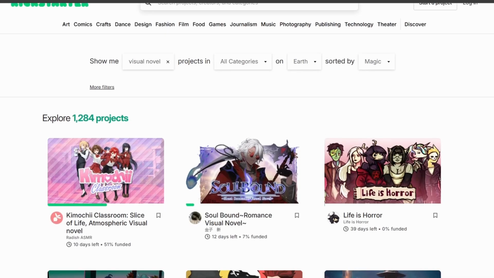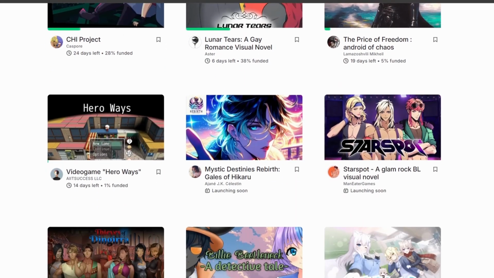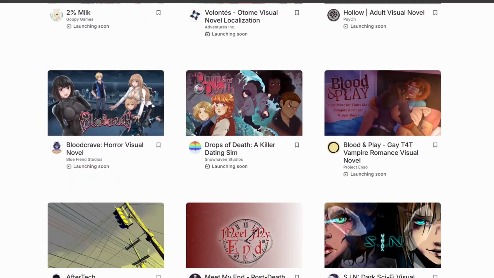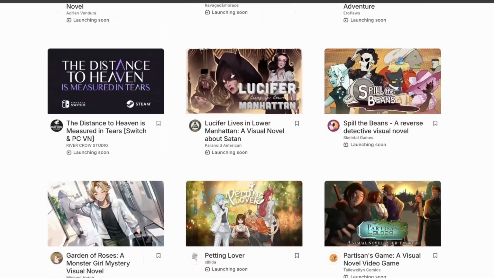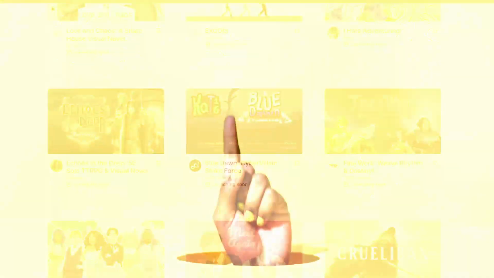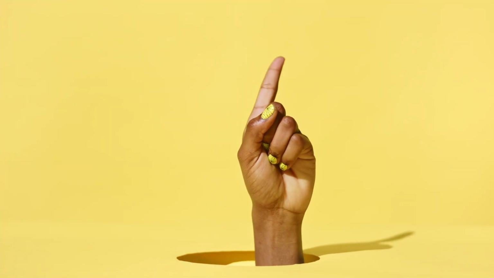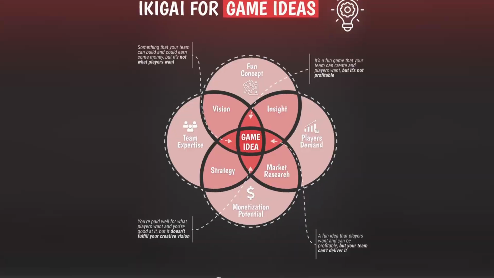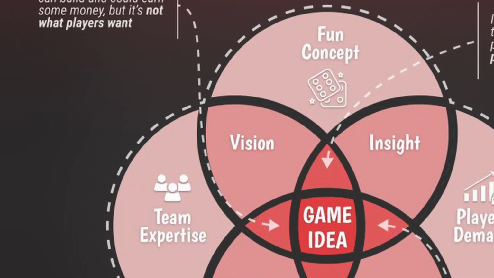If a member of your team has expertise in crowdfunding, you can evaluate how it can strategically fit within your development cycle. But a good rule of thumb is you should not run a crowdfunding campaign unless you are certain it will succeed. How can you be certain it'll succeed? You'll have the other element on our chart, a vision. Take your team expertise with a fun concept and you get vision? That doesn't seem quite right.